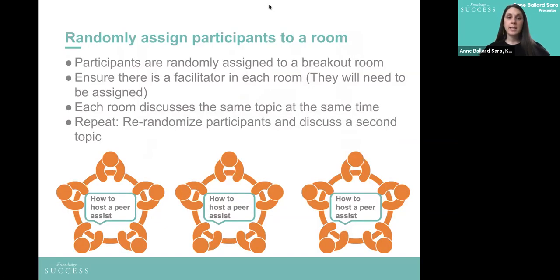And on the next slide, you'll see that random assignment is the easiest option to do logistically speaking, but it means that everyone needs to be discussing the same topic at the same time, or you can use this function when it doesn't matter what topic participants are discussing and they're randomly assigned to a topic. So for example, in the graphics below, you can see that there would be 3 virtual breakout rooms all happening at the same time, and they would all be discussing, for example, how to host a virtual peer assist, like